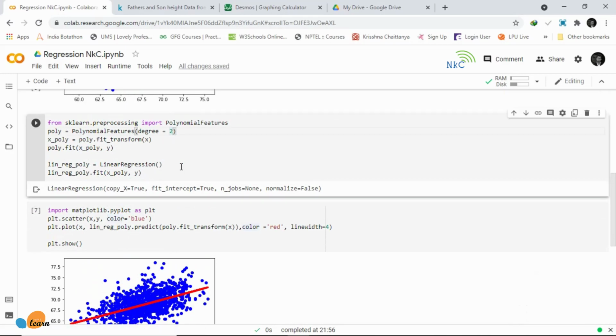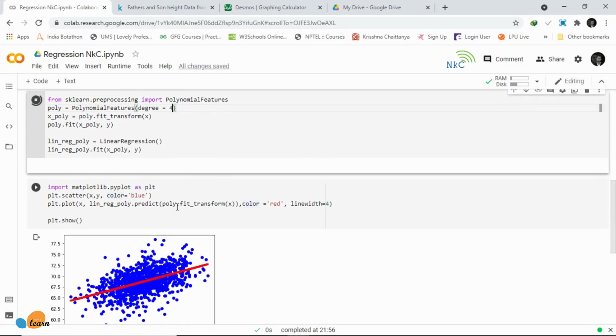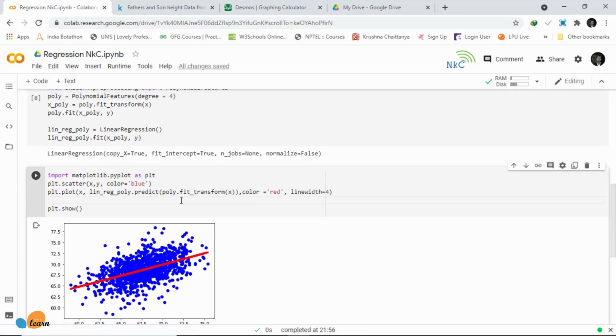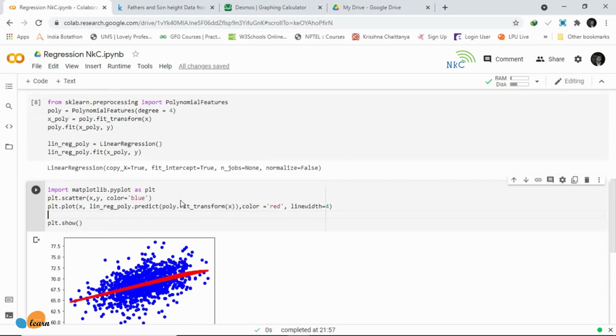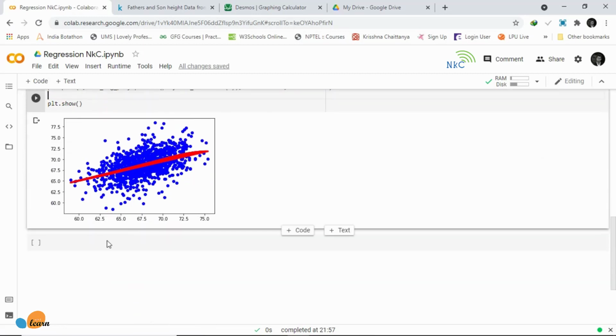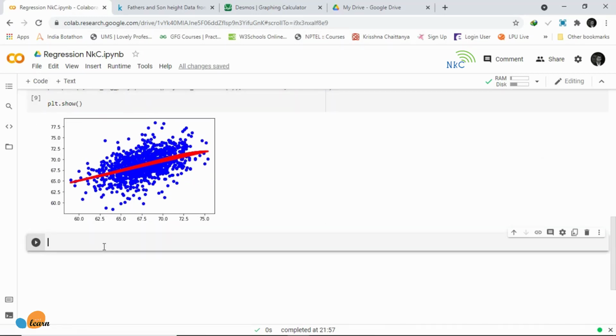So it's not just a straight line. And if we raise the degree even higher, let's say to power 4, you can see that the curve is a little bit exaggerated, and it gets a lot thicker towards the top.